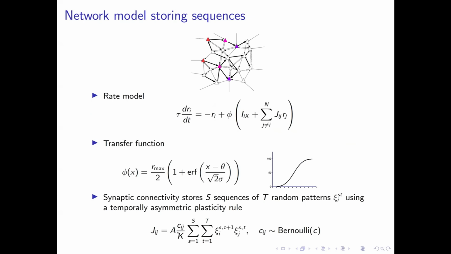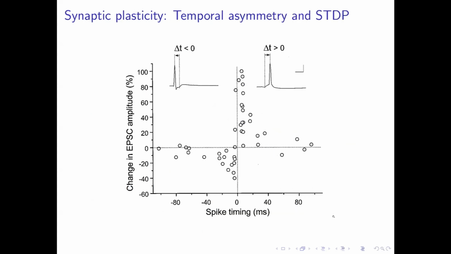These are just normalization constants. For a variety of reasons, we do this on top of a random Erdős-Rényi matrix with a small connection probability, and that's helpful for the calculations actually. So basically, C_ij is just a random 0-1 matrix, and the connection probability is very small. All right, and again, the motivation here is, what is this t+1? The +1 here is meant to be the time difference that maximizes potentiation. So in this case, it would be 10 seconds, but depending on the system and on the type of synapse, it could vary.